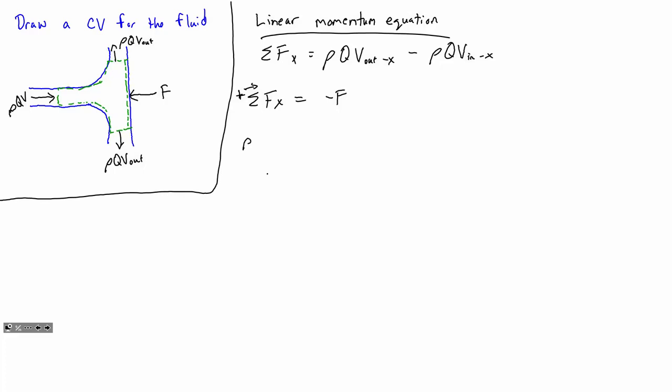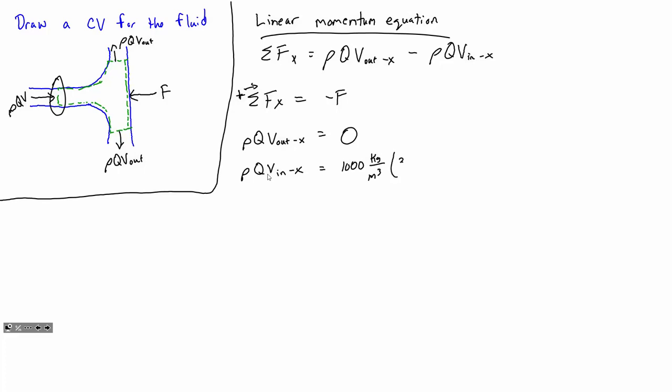Our rho QV out in the x direction is going to be equal to what? The momentum associated with the fluid leaving the control volume in the x direction is going to be 0, right? And our rho QV in the x direction is going to be equal to our density, 1,000. Here we see that rho QV coming into the control volume in the x direction, 1,000 kilograms per meter cubed